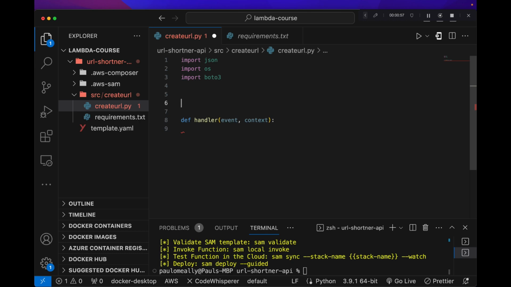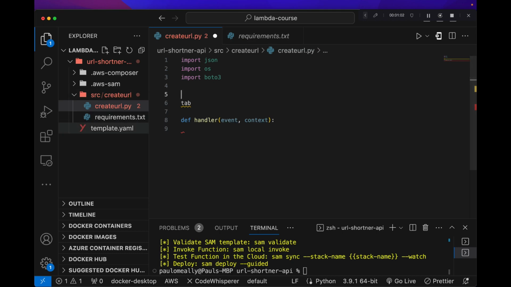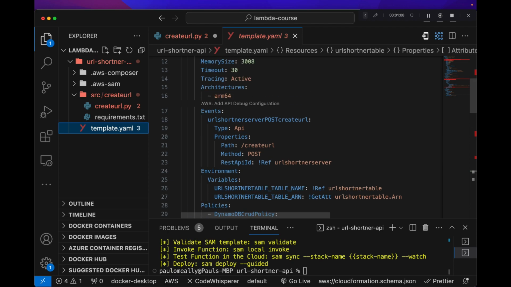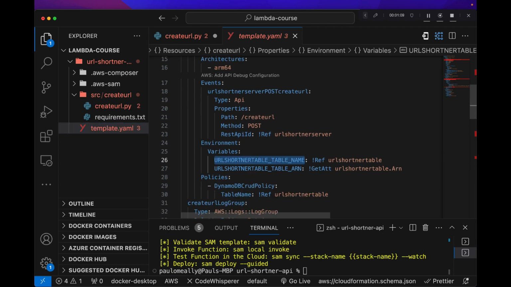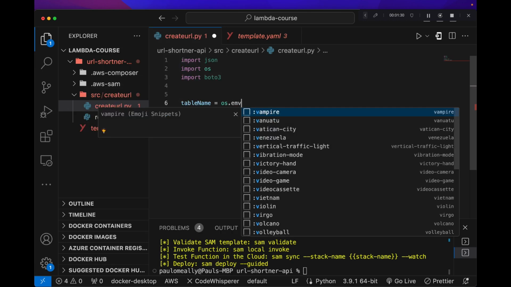And let's set up a few things with our OS. If we open up our template, there are some environment variables. If we go back to our Lambda function, this is the table name and the ARN. We'll probably only need a table name. So let's grab this environment variable name, and I'll show you how to get that value using the OS library. So let's say table name equal os.environ,